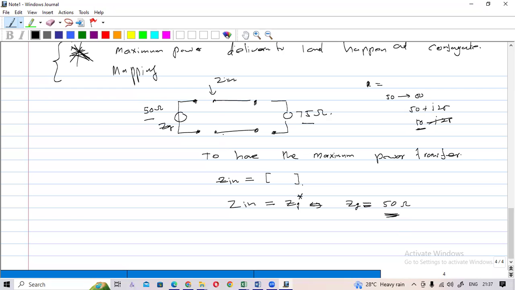So what you need to do? You need to have this Z in equal to this 50 ohm. If these loads are real values, this Z in should be equal to the generator value, 50. So if you consider,